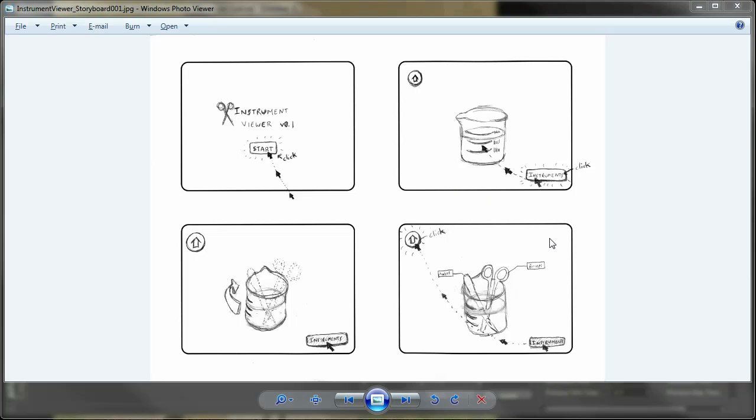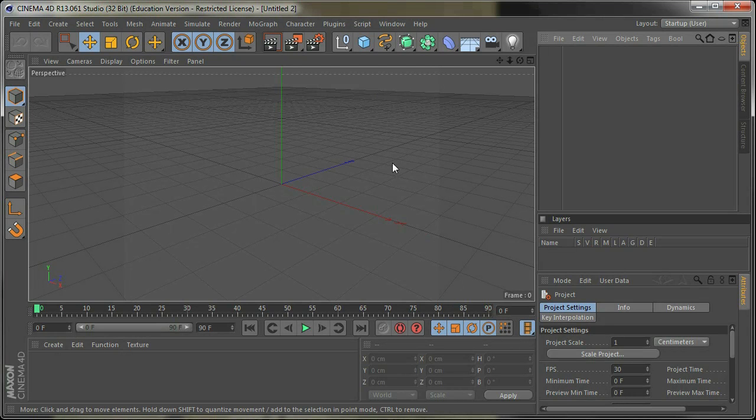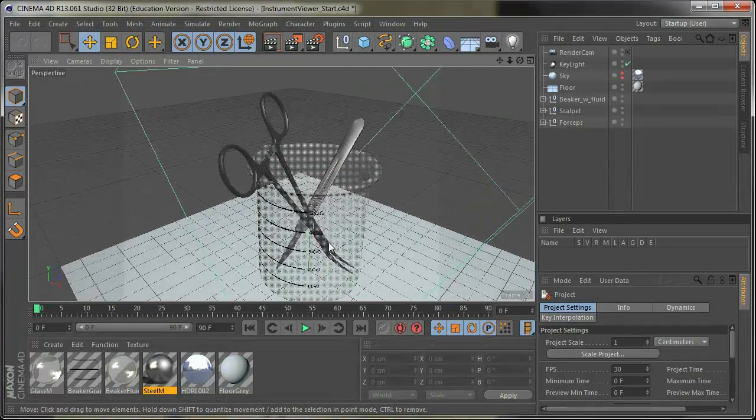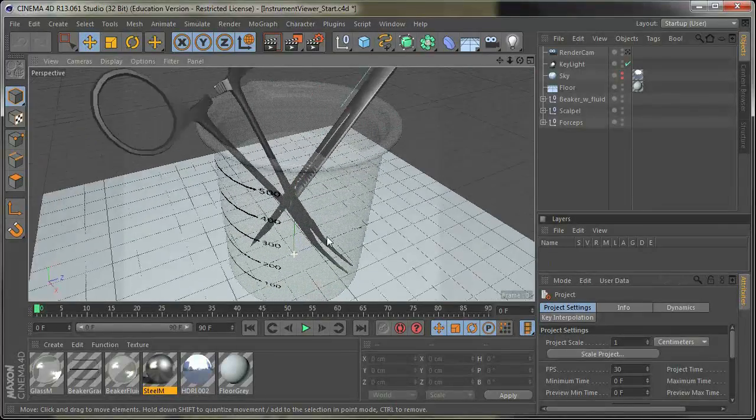So let's jump right into Cinema 4D and get started on the 3D aspect of this animation. I've included in the description a link to a place where you can download all the assets, so you can open up this file called instrument viewer start.c4d. So this is our 3D scene, and what I've got here is a few objects: